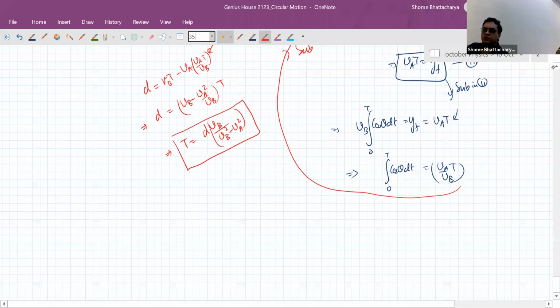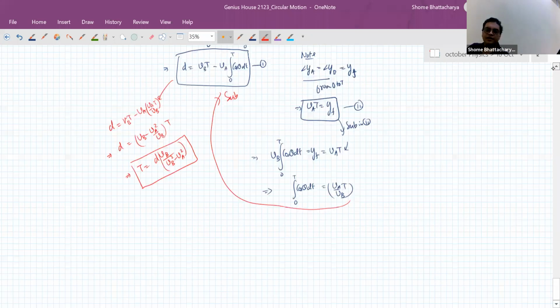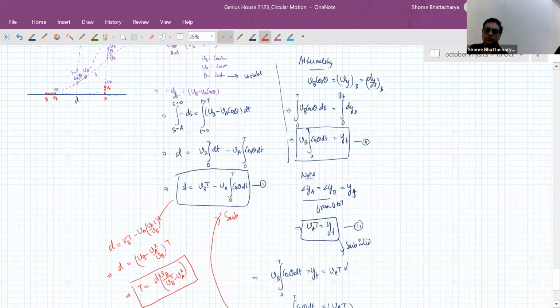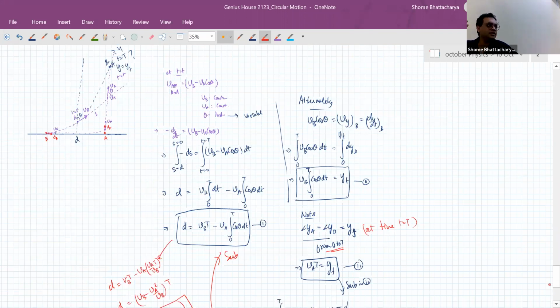Okay. So the coordinates of A and B are equal only when they collide. When they collide, yes, exactly. So at capital T time only. Okay, so this condition that we've written is only from 0 to T, at the time of collision. So the y component of A's displacement is equal to the y component of B's displacement at time equal to capital T. Okay, so that is a little trick over here. So this is per se not a JEE Advanced level question. It's more like an Olympiad level question, because the whole thing is the subjective solution. But this is also a very interesting application of approach velocity. So that's why I wanted to.